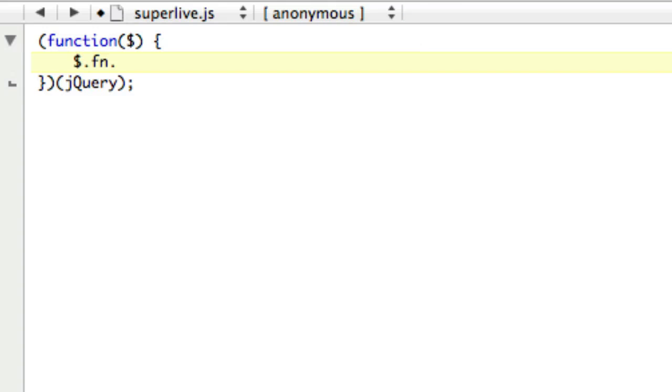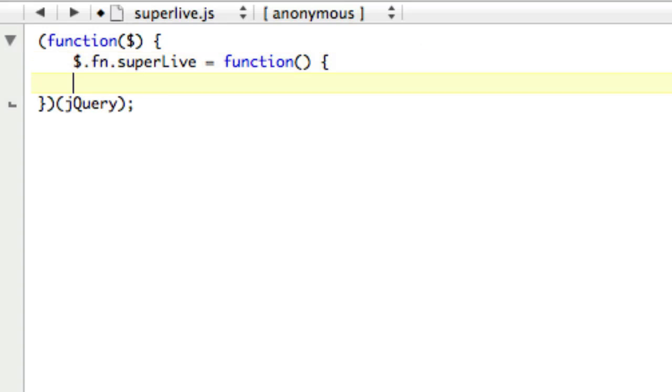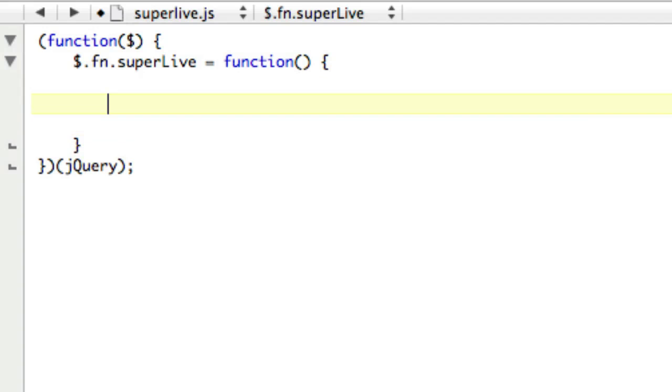$.fn.superlive, again, this is how you write a function, equals. Okay, and I will get to the parameters later. For now, SuperLive. So the first thing we have to do is really, really simple, and then we do some extra stuff. So the simple part is,